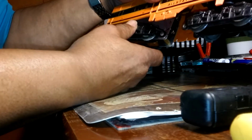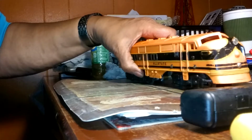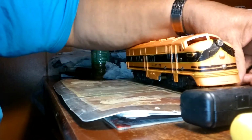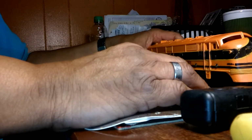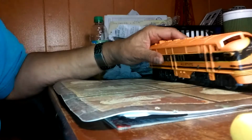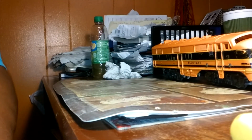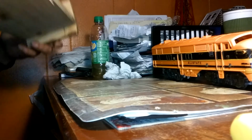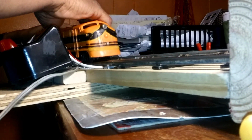Again, functions from left to right, full turn, no problems. We're going to get out the test track, get it up real quick, put this